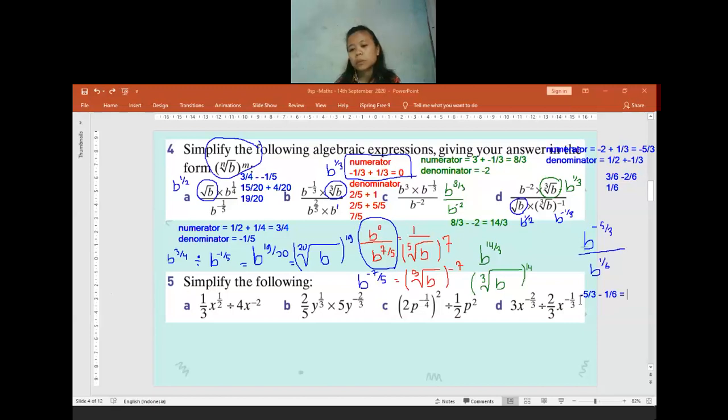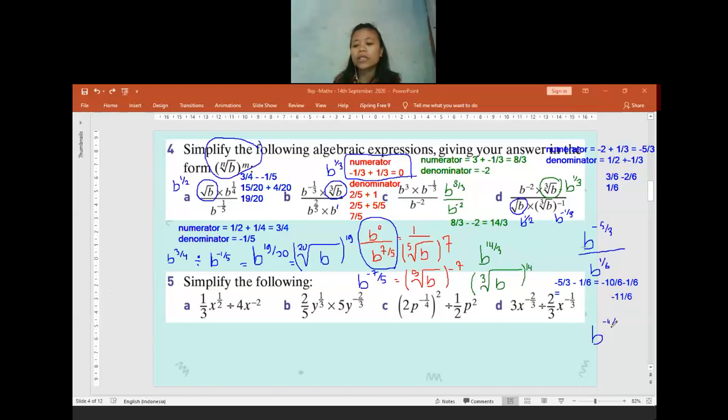Negative 10 per 6 minus 1 per 6. It's not 2 per 6, it's already 1 per 6. So if you change it into sixths, it will be negative 11 by 6. Yes, okay, correct. The answer will be negative 11 by 6. So the final answer will be p to the power of negative 11